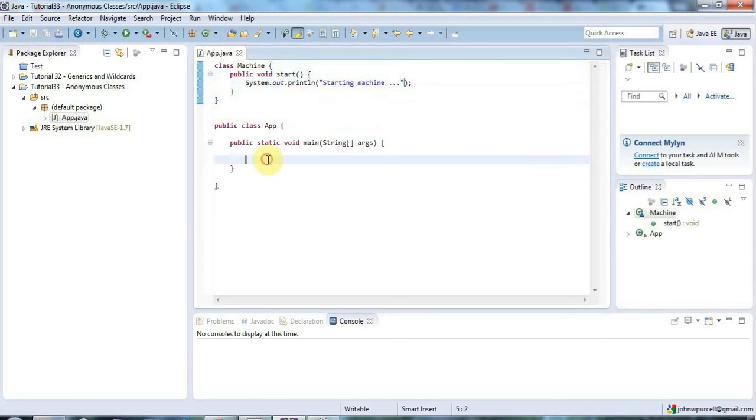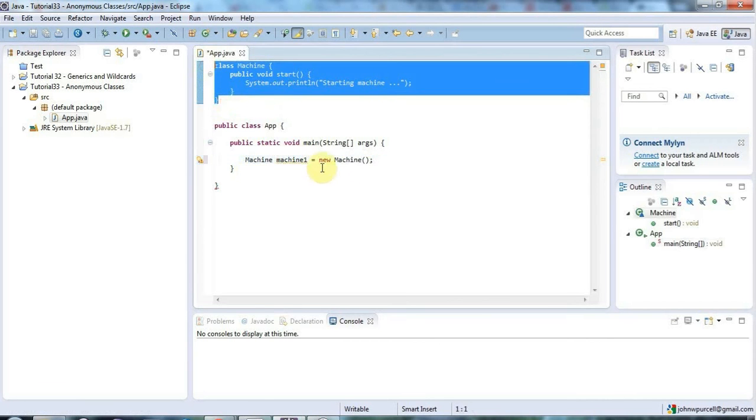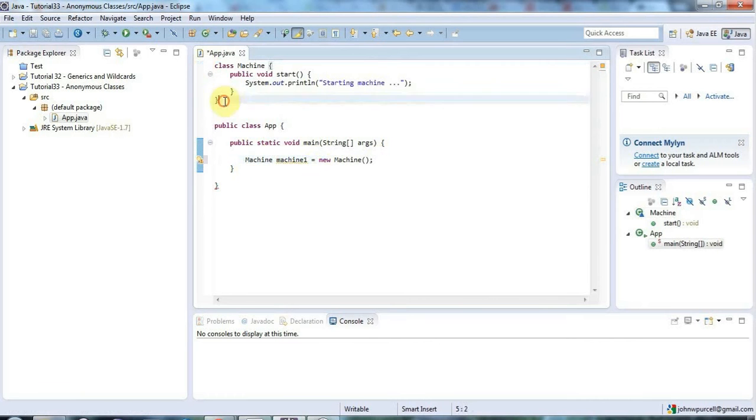Now to create a new object from that class, of course I say Machine machine1, and this bit is just a variable declaration, so it's not actually creating an object. I point this reference variable at a new object by saying equals new Machine. So here we've got an actual instance of this class, created from this blueprint, which among other things contains this method. I can now run start by saying machine1.start,